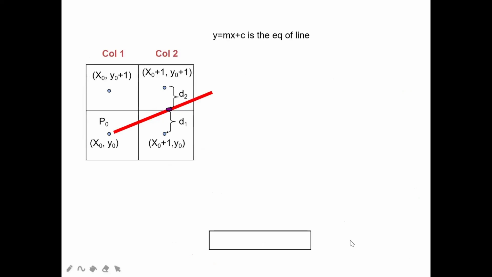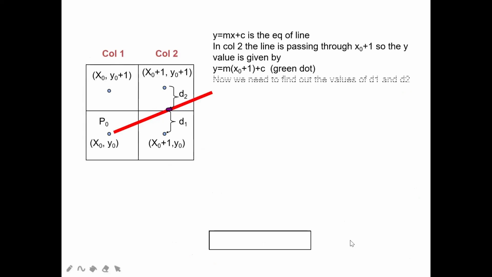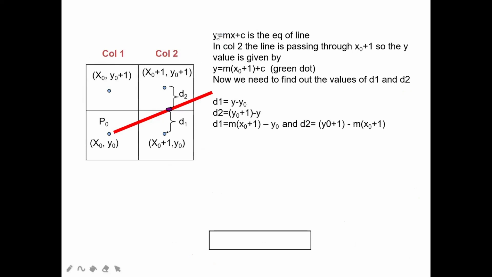So now here what you are going to do is a little work which you are going to find out. So now here you see y equals mx plus c, which is the equation of a line, right? So here how are you going to pass the line? You have to pass a line through your x0 plus 1, because you are increasing the value of x0 to x0 plus 1. Okay, so if you are increasing, then definitely your line equation will get changed. What will it be? Instead of your x, you have to write x0 plus 1.